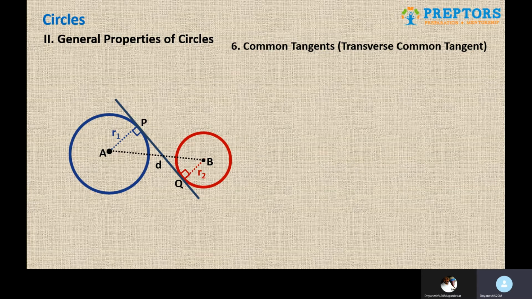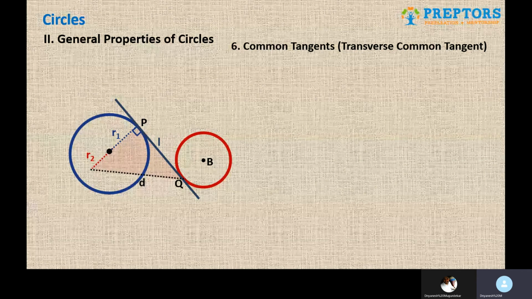Now again, L is something we know, which is the distance PQ, and that is exactly what we are going to find out. The center to center distance is what we know, D, sorry. Again what we can do, we can shift this line AB parallelly downwards, and now again we can form the right angle triangle. So a right angle triangle is what we have, and again we can use the Pythagoras theorem, which is going to be the answer.